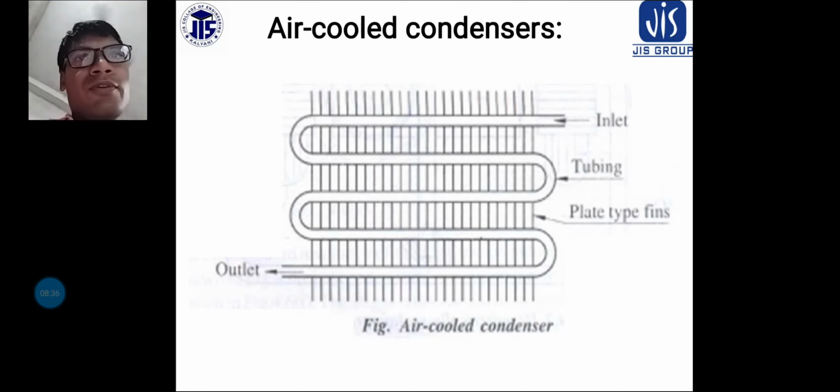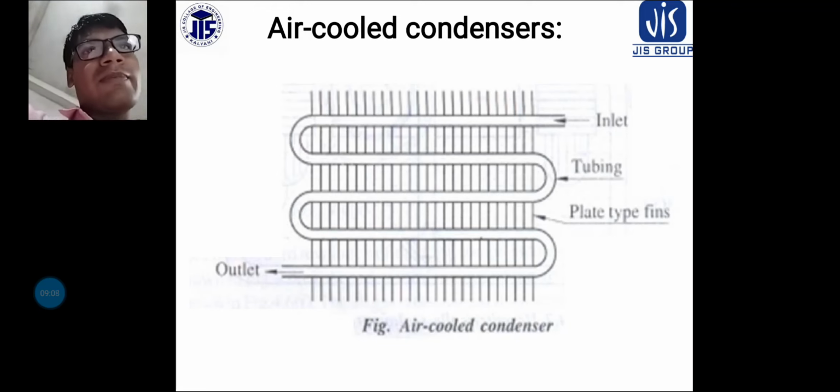The rate of flow of heat from the refrigerant to air will be small. Thus, a natural convection condenser is not capable of rejecting heat rapidly. Therefore, a relatively large surface area of the condenser is required.